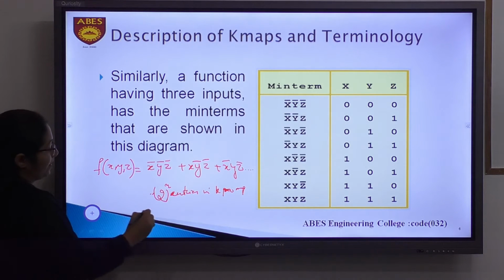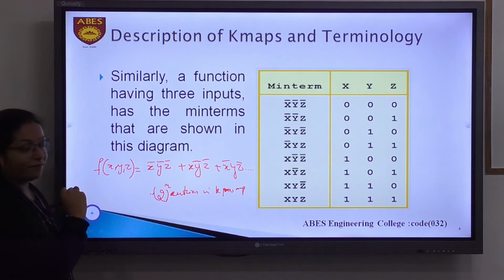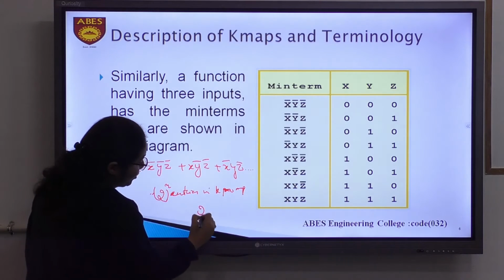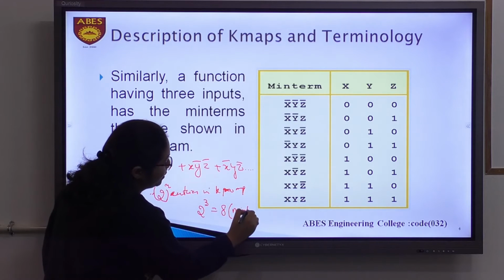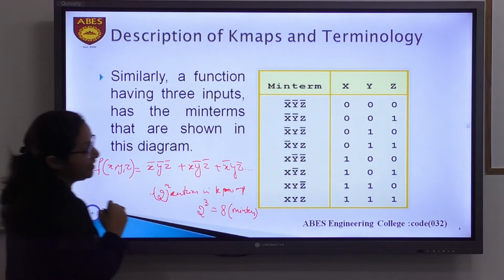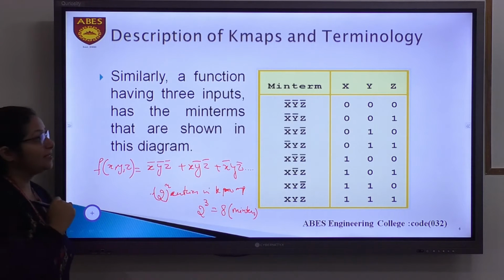For example, here we have a 3 variable function, so 2 raised to the power 3, that is 8. So in total there will be 8 minterms to be represented in a 3 variable K-map having 8 cells.